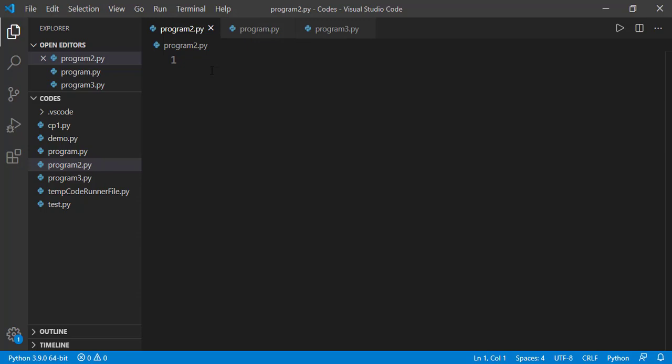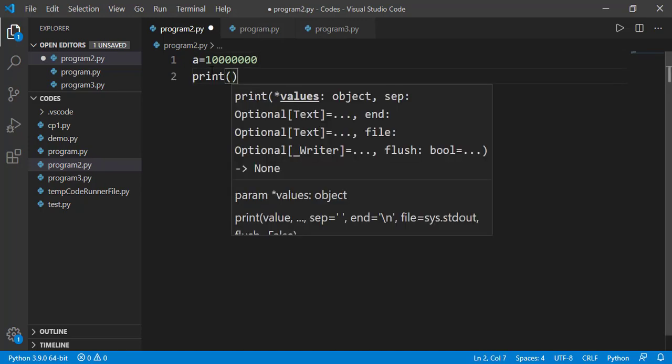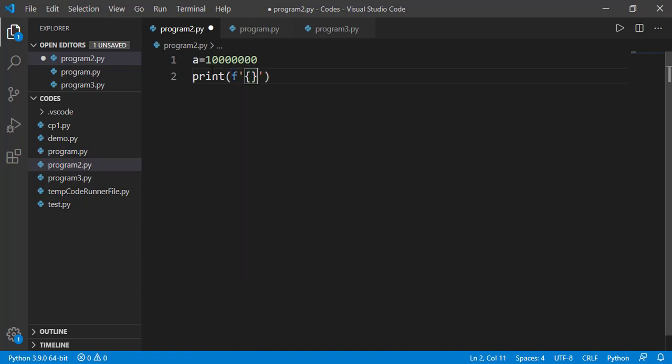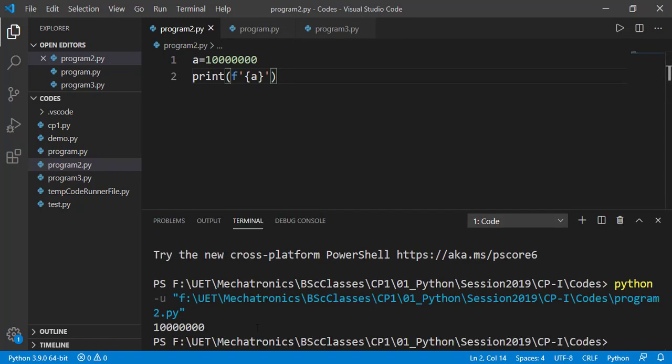For example, if a variable has value 10 million, and if we print that either directly or using the f-string, it will be printed as 10 million, but it is quite difficult to read if it is 1 million or 10 million or something else, because we find it difficult to count the number of zeros. But there are ways we can format the f-string in a way that it shows the number with commas as thousand separator to make the value better readable. We will study about different formatters in this video.